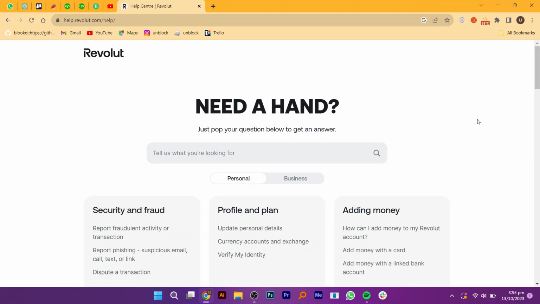Transferring money to Gcash from Revolut is very easy to do. Today I'm going to show you how to do it. You can't directly transfer money to Gcash from Revolut, so you will need to transfer money into your local bank